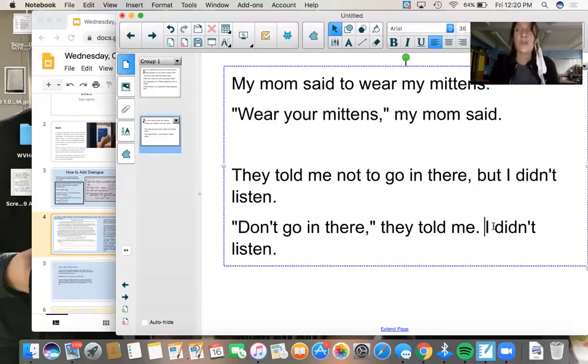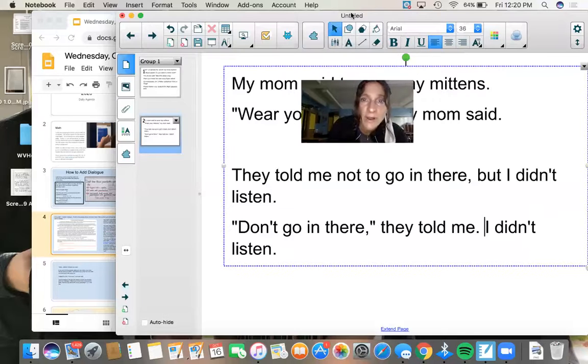Okay, so there's a couple of different ways that you can put dialogue into your story. And I want you to be mindful of that, because when you're writing, the way your story comes alive is with dialogue. But if you don't know how to actually put the punctuation in there, this is a little bit of a tutorial for you. And again, you're going to be learning this a lot. So this is just the beginning of how this will go. But I do expect to see now a differentiation between people talking in your story as you now continue to incorporate the actual